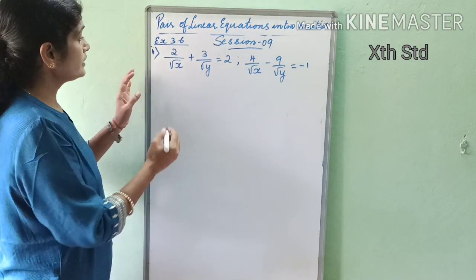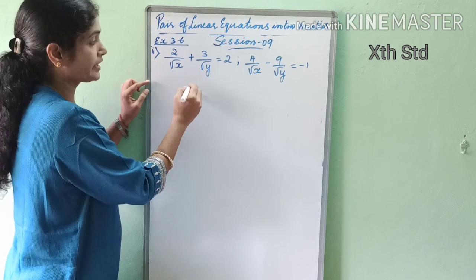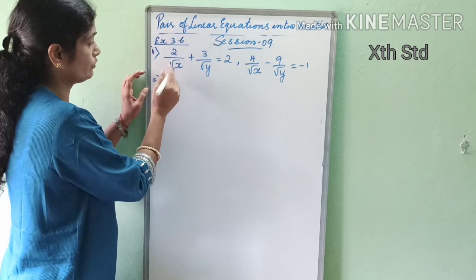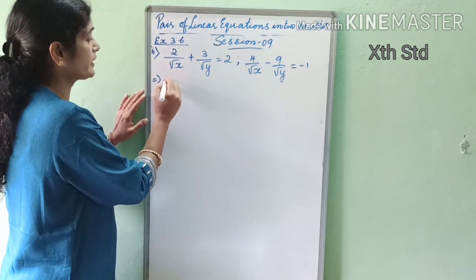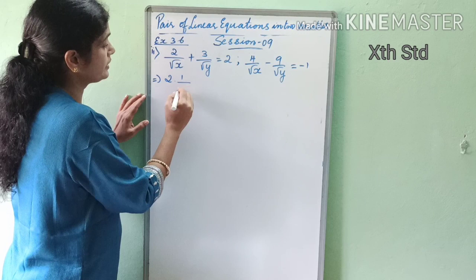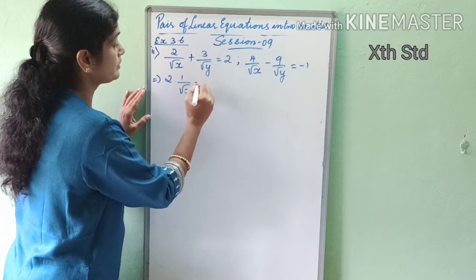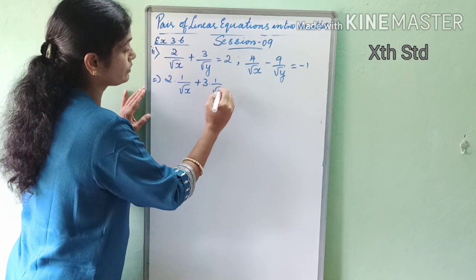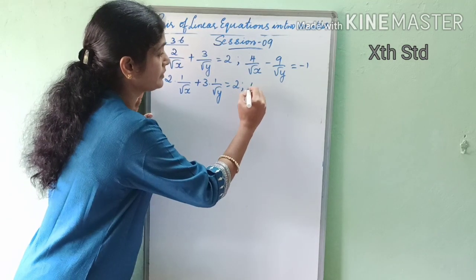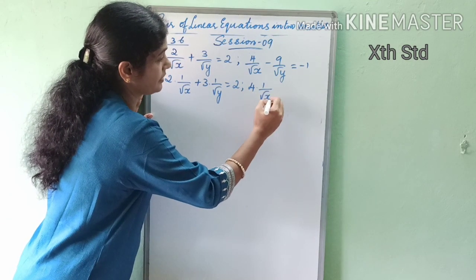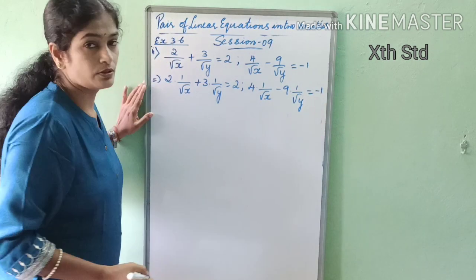So here it's not necessary that each time you write this is equal to 2 into 1 by root x plus 3 into 1 by root y. No. Once you are able to recognize which thing we have to substitute, then directly we can put it. So since it's the second problem, I'll just show you. We can write it as 2 into 1 by root x plus 3 into 1 by root y. Those who have confusion can very well write this. It's not a problem. But we can skip this step. 1 by root y is equal to minus 1.